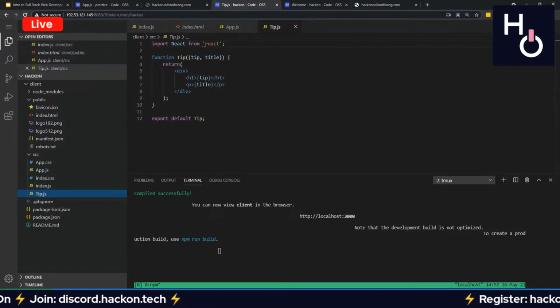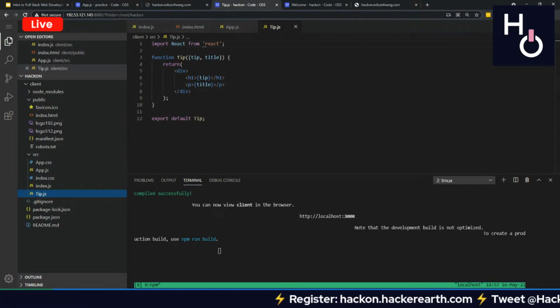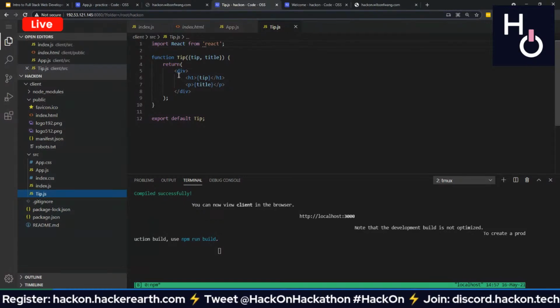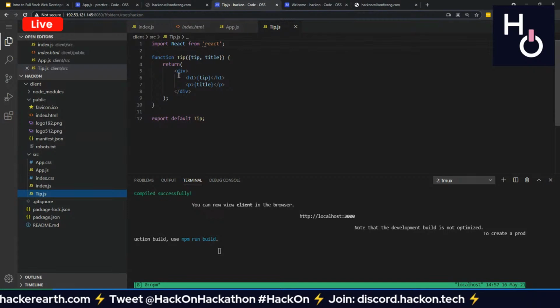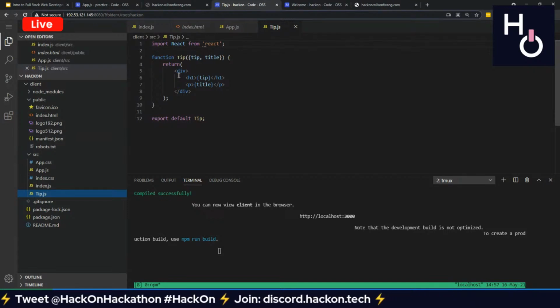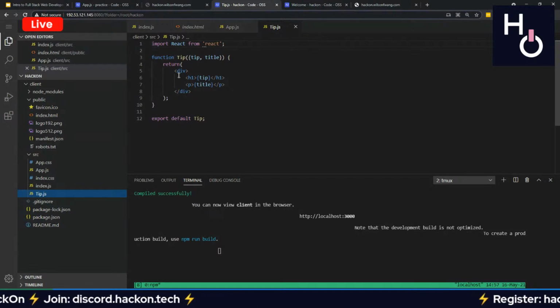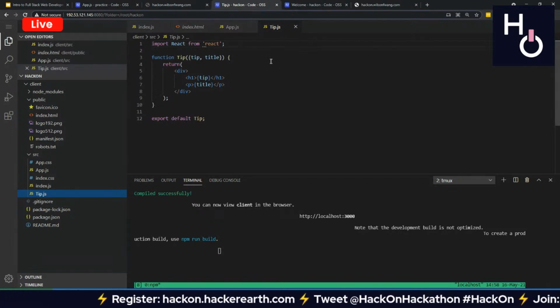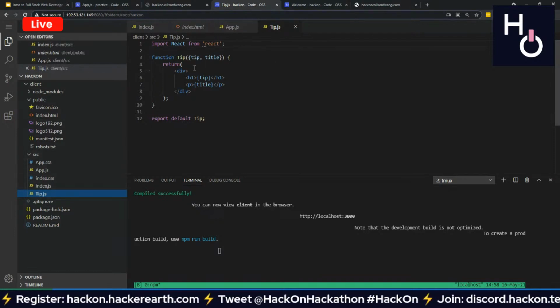So now that we've created these cool components, I'm going to introduce states and hooks. So what are states? States manage how your UI renders. So depending on what a state is, your UI might render something differently. For example, if I have a Boolean state that keeps track of if a user is logged in or not, it might display a different view for a user if they're logged in or if they're not logged in. So let me just give you an example in this tip